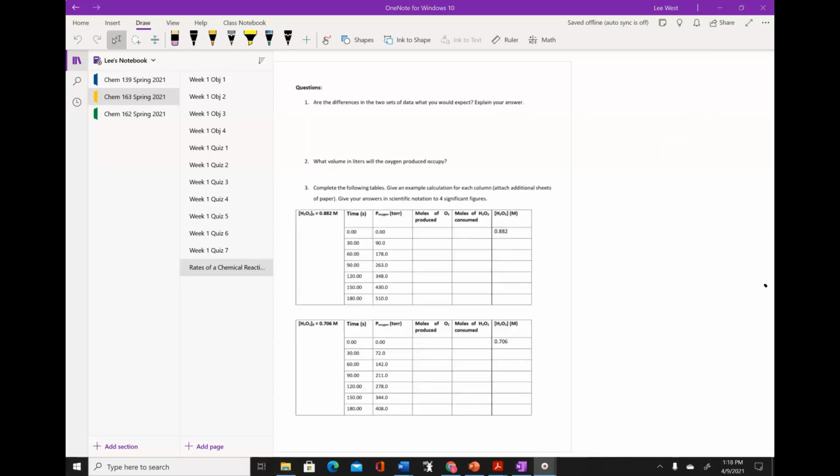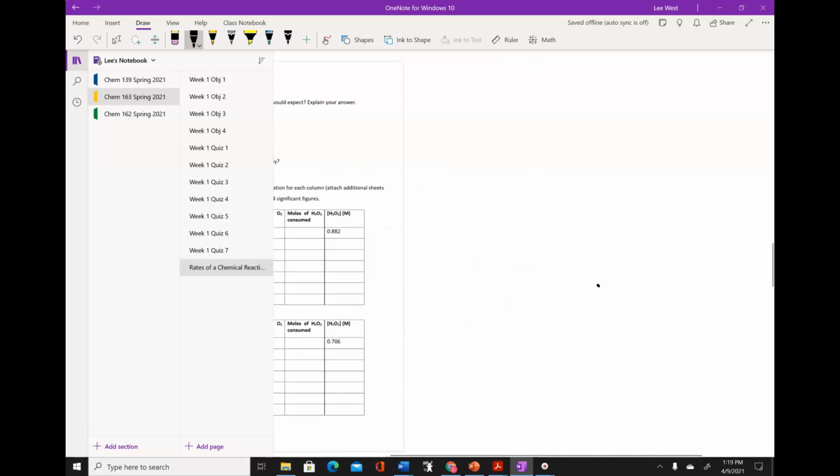So the next question asks, what volume in liters will the oxygen produced occupy? So there's a couple of things here. We want to make sure that we give our final answer in liters, and we also, because we're giving a number, we want to make certain that we get our significant figures correct. So if you recall what the experiment is, we're going to take a tube that has a total volume of 150 milliliters. Now we're going to want to check the sig figs on that,